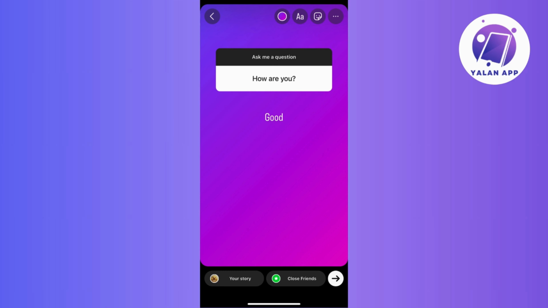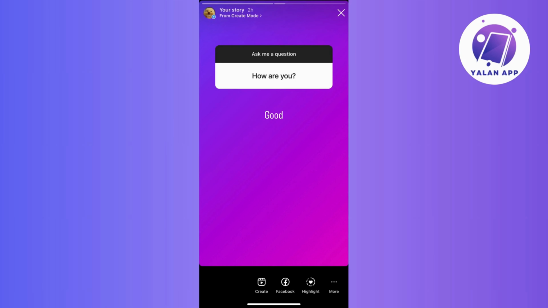Your question and the response are now beautifully showcased on your Instagram story, creating an interactive and engaging experience for your followers. This is a fantastic way to connect with your audience and add a personal touch on your Instagram